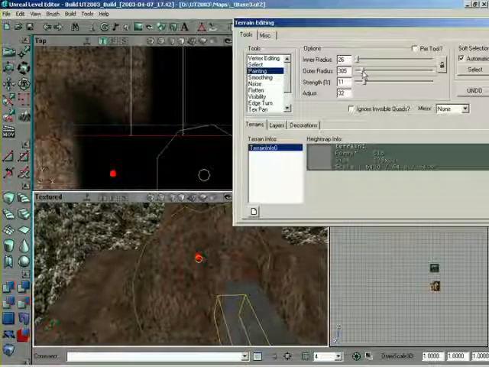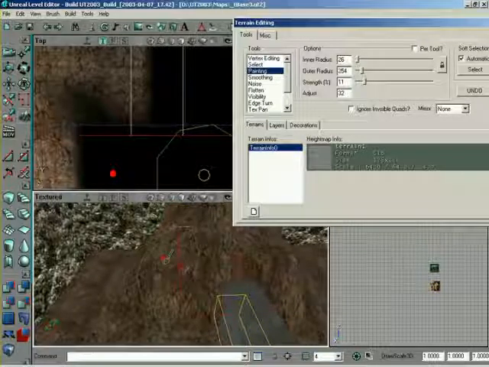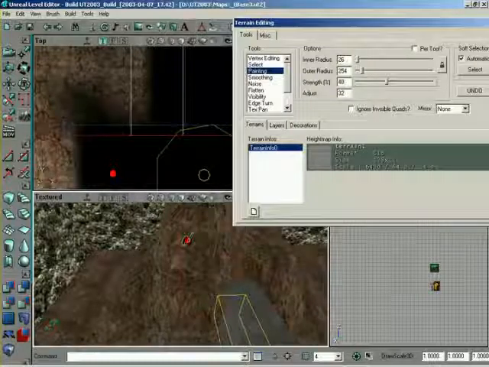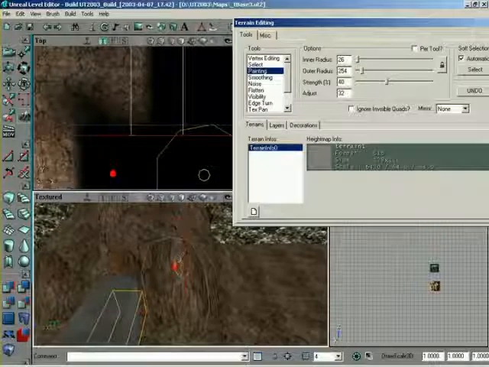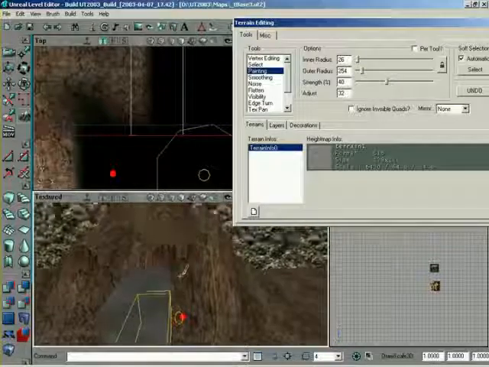Maybe not that big. And a bit more strength for painting. And real quick, run past that one. That should do for the time being. Now